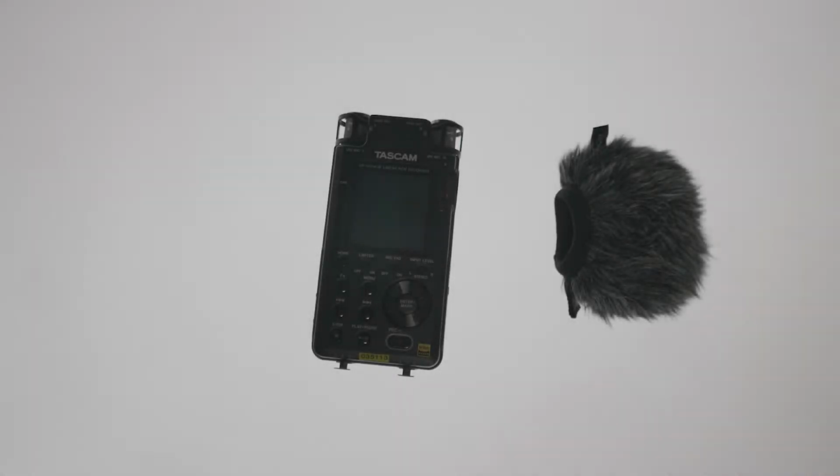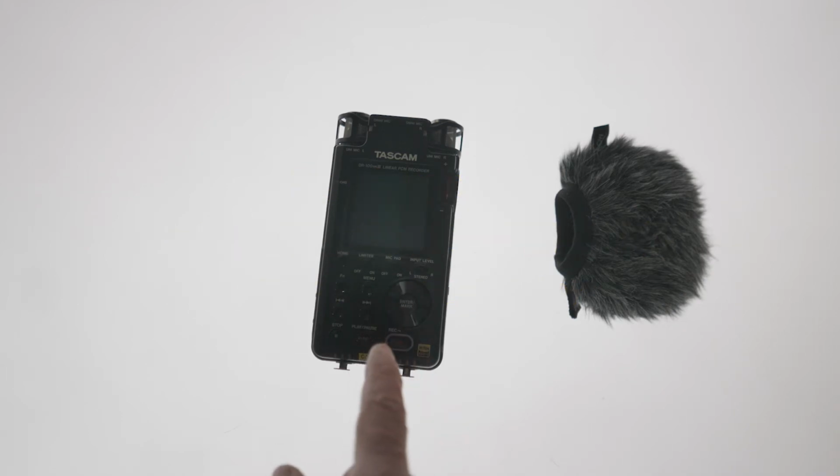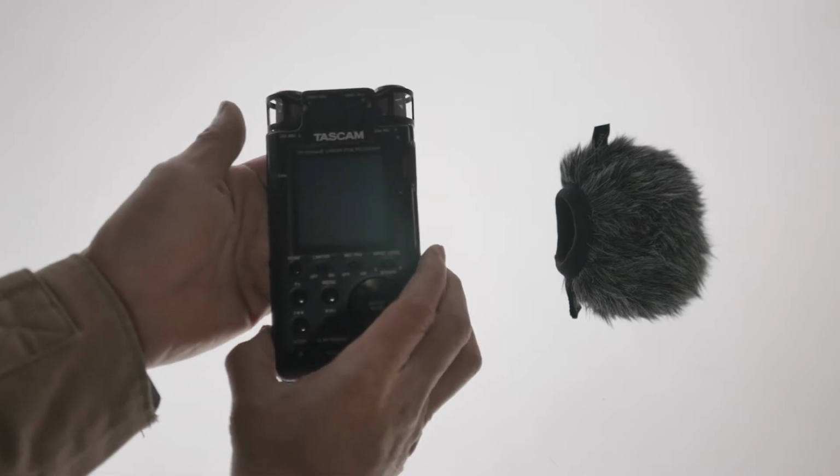Hello folks, so this is a video showing you how to set up the Tascam LX100 Mark III to record audio, both with the device on its own and with a microphone connected to it via an XLR cable. So let's get into it. Tascam LX100 Mark III